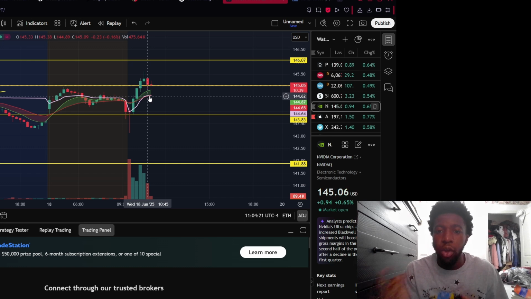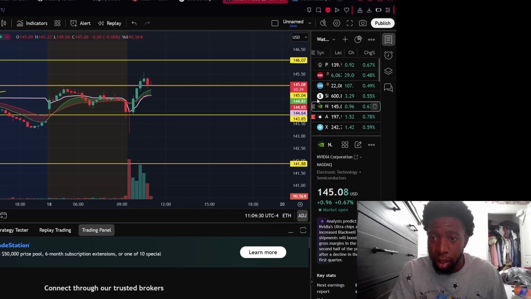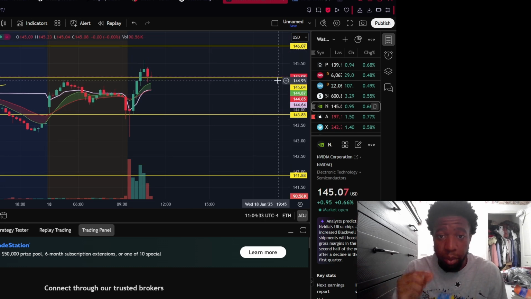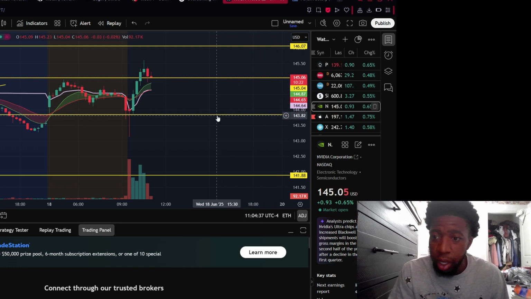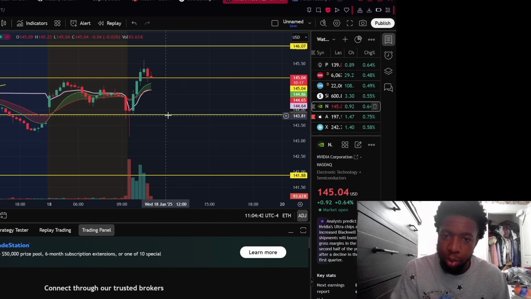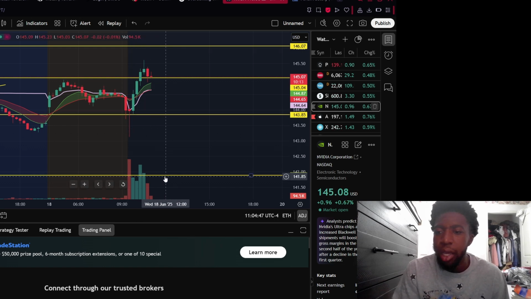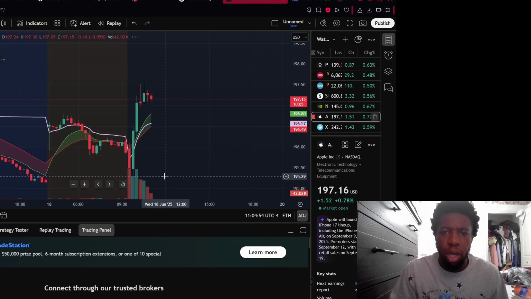And if you see an engulfing candle or any other patterns that signal buyers or sellers, be aware of that. On the downside I have 143.85, basically near the lowest point from today, and then 148.85 on the upside. But I think that's all we have for NVIDIA. Let's get to Apple, lastly.